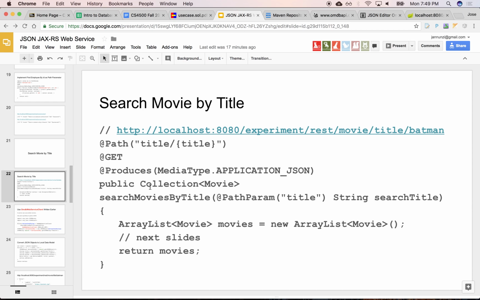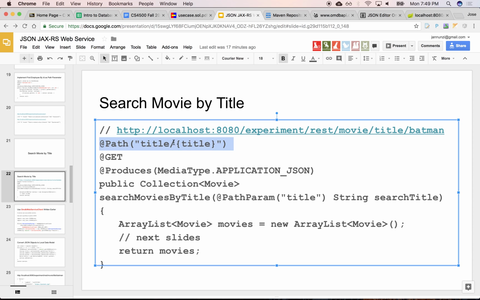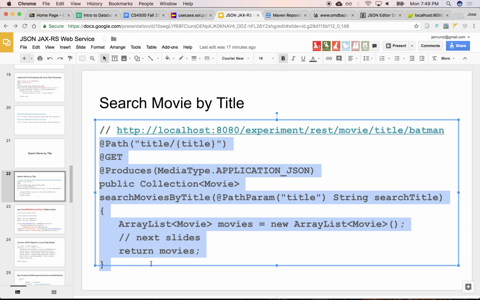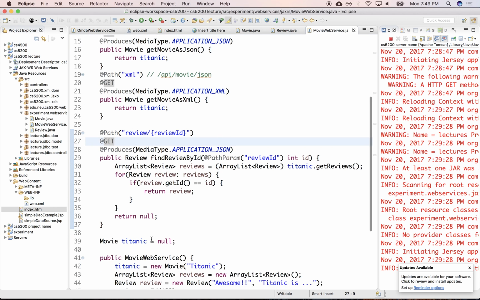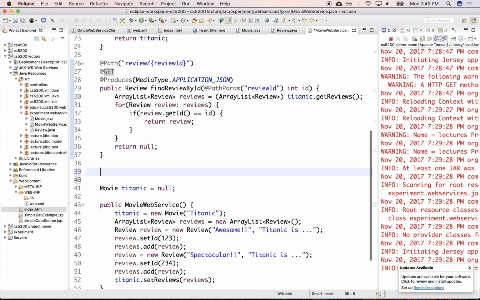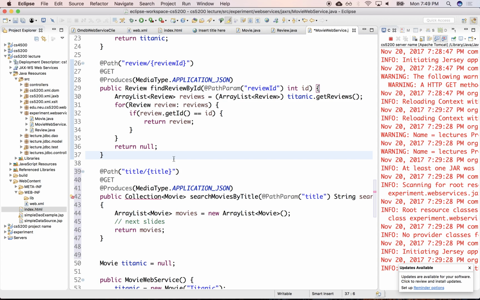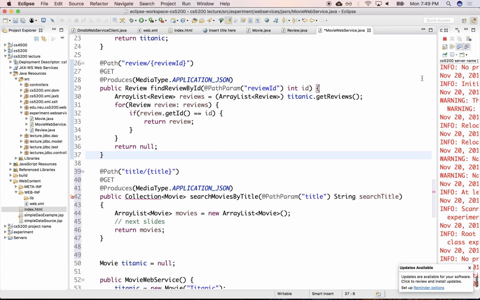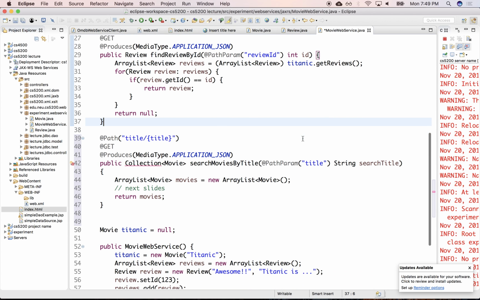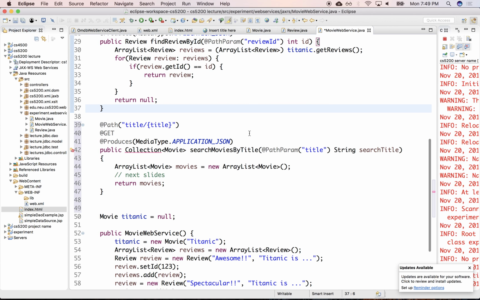So, for instance, we could expose a service here that does pretty much the equivalent of the service that we were looking at earlier, right? That was going out to OMDB, but it would be mapped to something that is local, and we could change the schema, the URL pattern that it's matched to. Okay, so for instance,